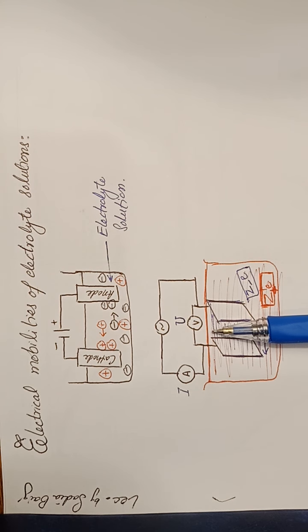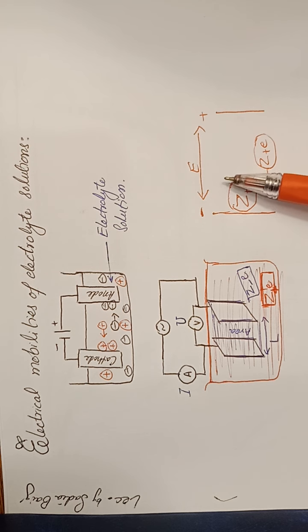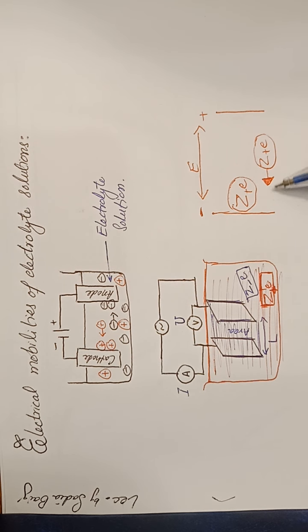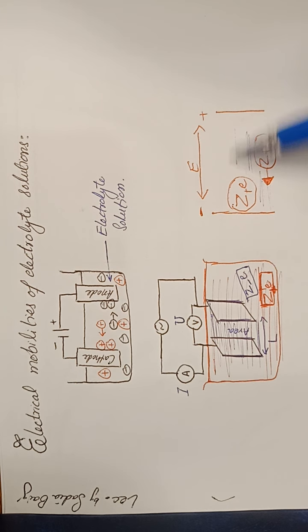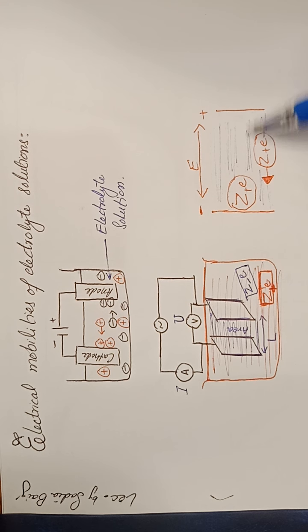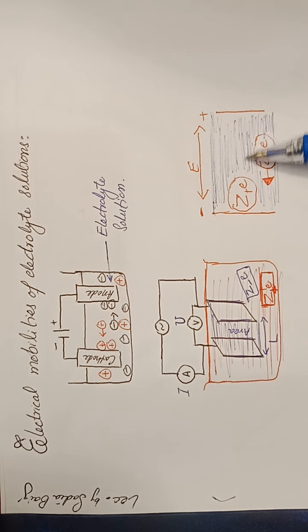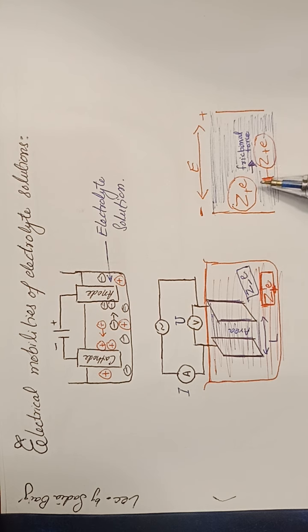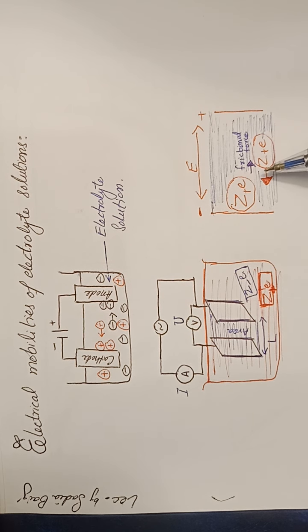When a potential difference is applied to the electrodes, the electric field acting on the cations is shown here, that is E. So this electric field accelerates these positively charged ions. As these ions are present in the electrolyte solution, there is a solvent which poses an internal frictional force present between the different layers of the solvent. The viscous frictional force exerted by the solvent on the ions is proportional to the speed of the ions and opposes their motion,